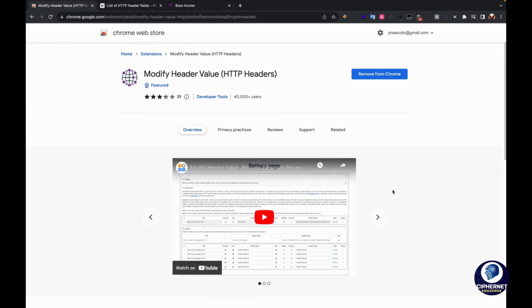In this video, we are going to discuss one of the browser extensions which is very useful at the time of pen testing and bug bounty hunting. The extension is Modify Header Value, where you can basically modify the HTTP request headers. With the Modify Header Value extension, you can add, modify, or remove custom HTTP request headers for any request